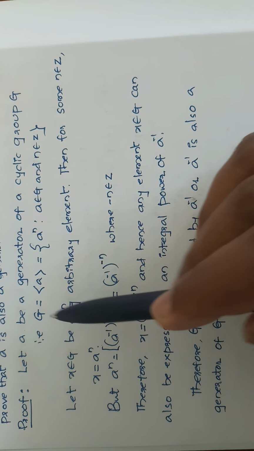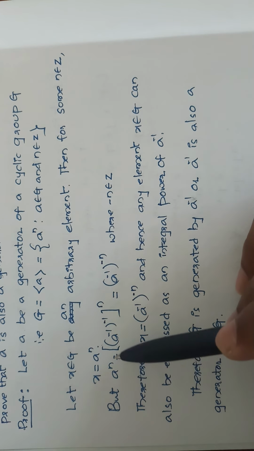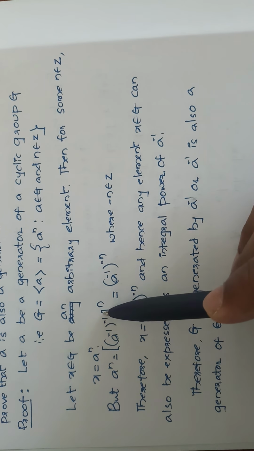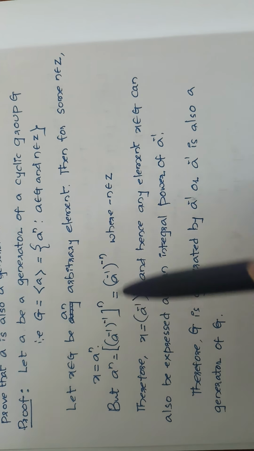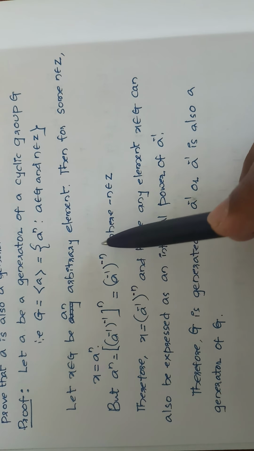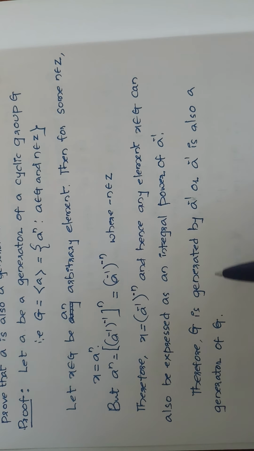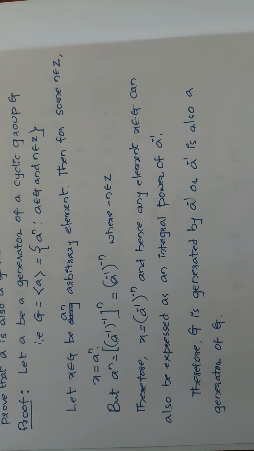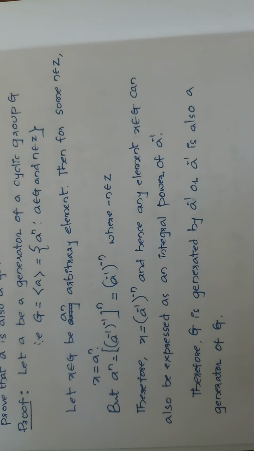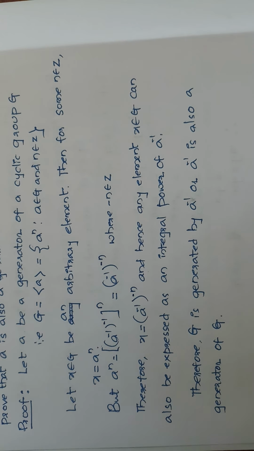So if A is a generator of Z, then A inverse is also a generator of Z, because we can express any element in the form G is equal to A to the power n. Then A to the power n can be written as A to the power minus 1, to the power minus n, and you know that minus n belongs to Z. So then we can say A inverse is a generator of the group Z. So this is a simple result. It flows from the definition of a cyclic group. So read it carefully. If you have any doubts regarding this, you can ask questions.